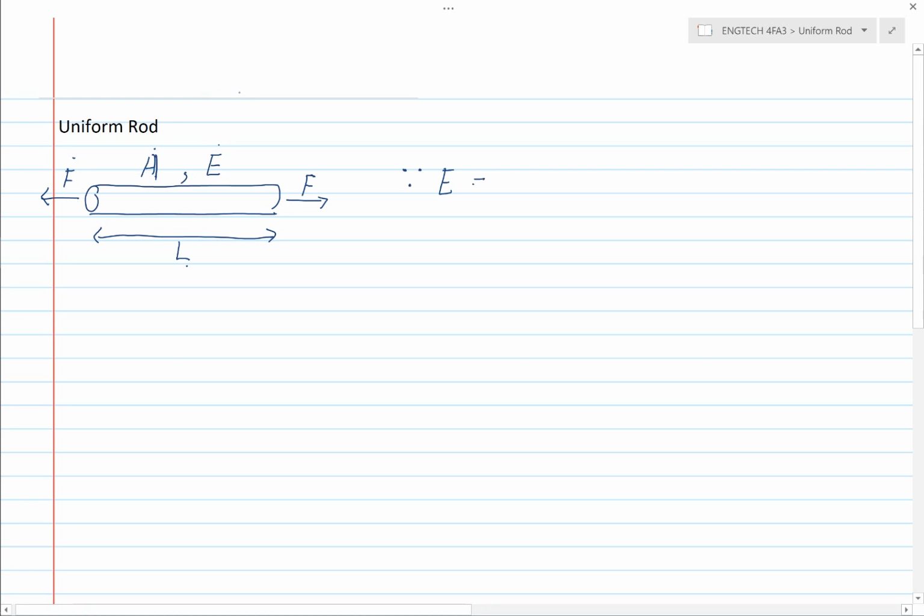For the Young's modulus, stress over strain is the elasticity. Okay, and the stress is also the pressure, or the force over area, and the strain is the amount stretched over its original length. Okay,